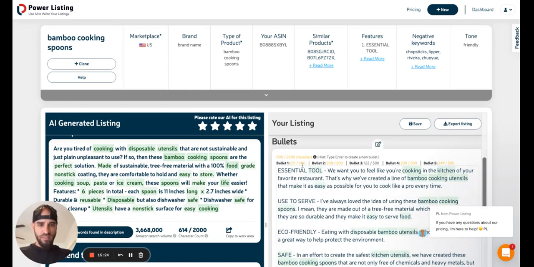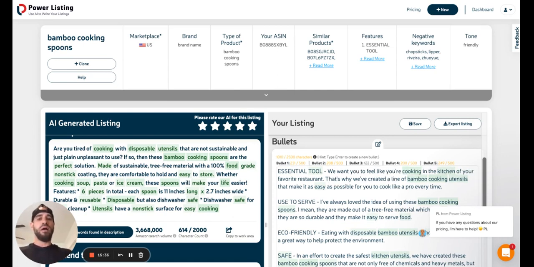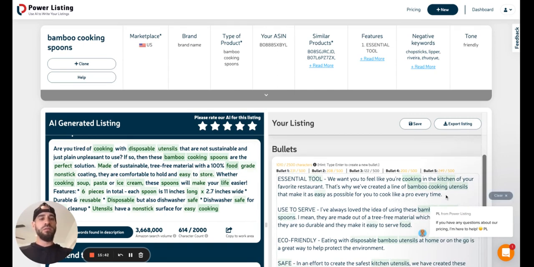Coming down to the bullets. So Amazon, you can have 500 characters in each bullet. It's recommended about 200, 250. So that's best practices there. And so we show you how many characters per bullet. So this is bullet 1 up here. So as you can see right here, if I start typing,